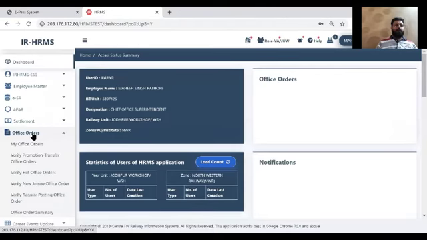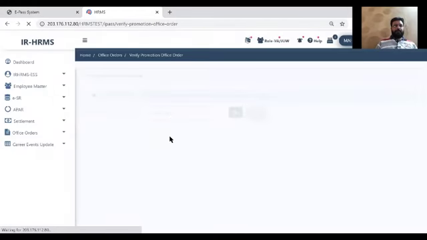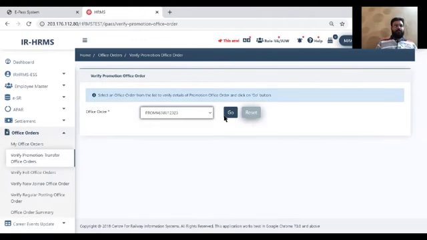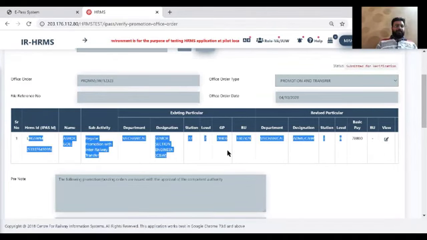So for that, we'll go to office order section in the left hand side, verify promotion office order, and a list of all the pending office order with Mahesh ji will be shown in this list. So we'll select the office order we just created and click on go. So now all the information are here in read-only mode. The status is submitted for verification. In the center table, everything is shown as it is shown to DC.